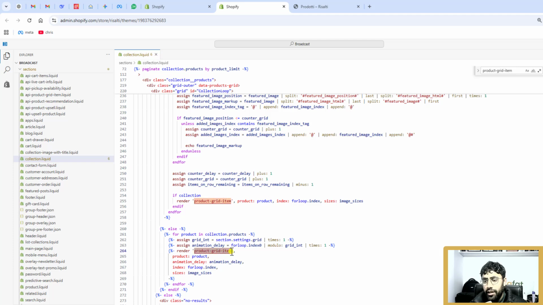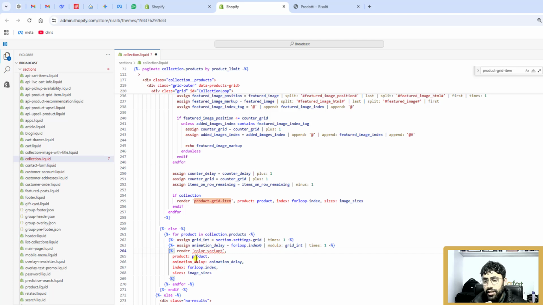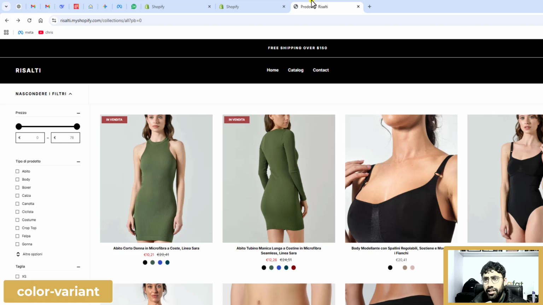Let me remove this, and instead of product-grid-item, you are going to replace it with color-variant. So let me paste color-variant here and then save the changes, and that's it. Now you can see that we have the normal collection page here. If I refresh this page now,